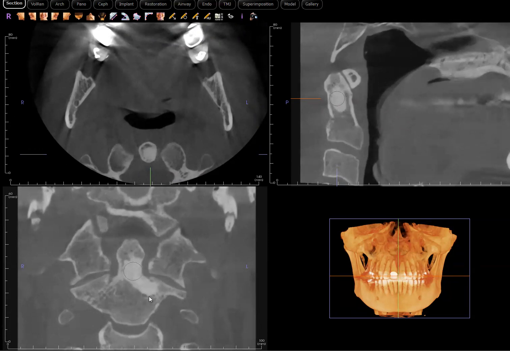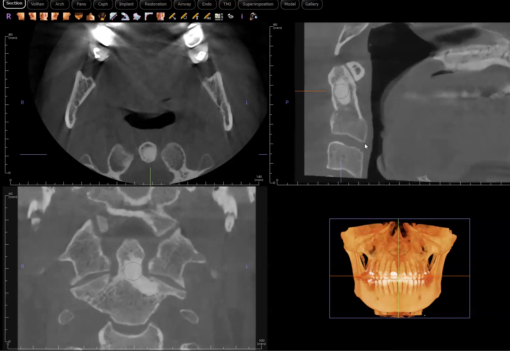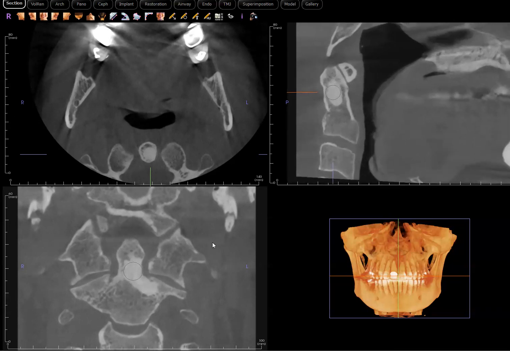If I saw this type of appearance in the mandible, without any doubt I would call this idiopathic osteosclerosis with 99.9% confidence. And truthfully, given all the radiographic features that we see, the very homogeneous radiopacity, and the fact that I only see it as a singular lesion rather than having multiple radiopacities in the spine, I would still think that we're looking at idiopathic osteosclerosis or dense bone island. Having said that,